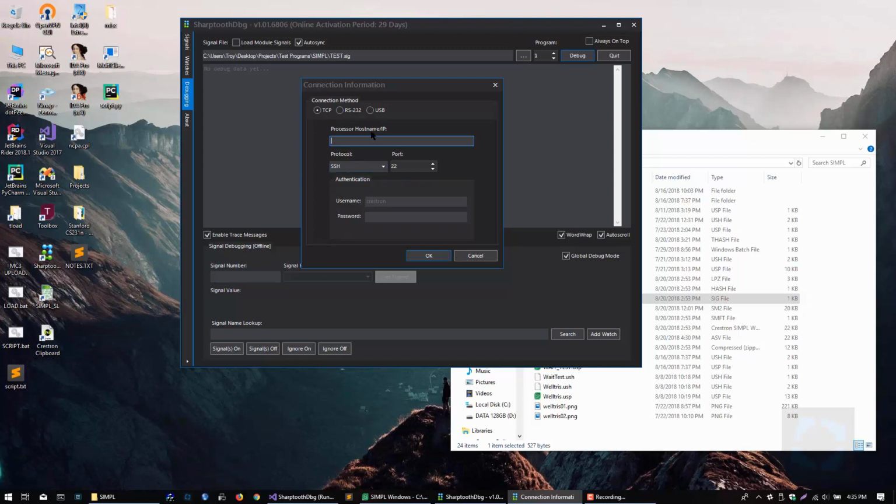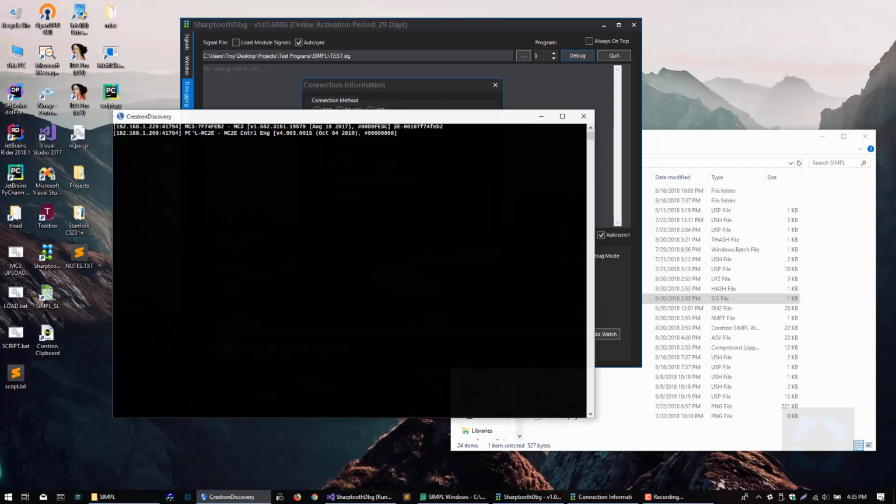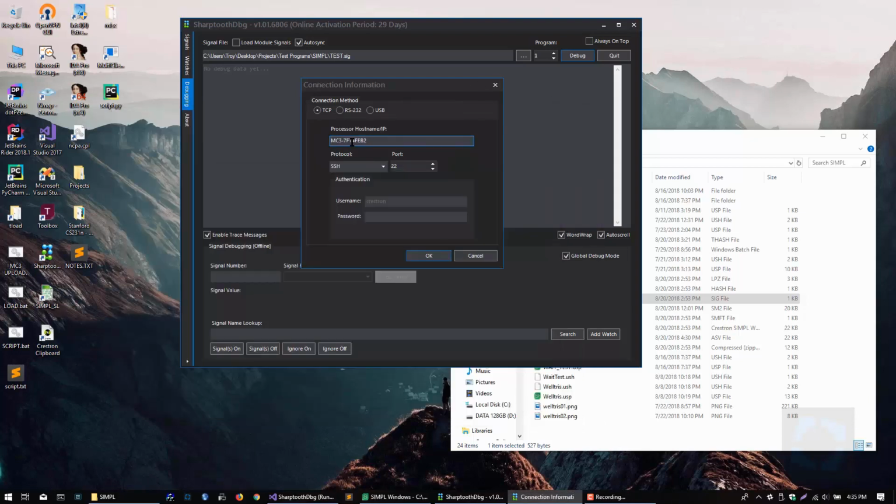So I'm going to use my hostname here. I know the IP address offhand, I just want to demonstrate that the hostname works as well. This is another tool that I wrote, but it basically is the same as the auto discover. So I've copied that hostname out, which is default because it still contains the MAC address. And we're going to connect using SSH, but you can also connect using CTP or SCTP, or